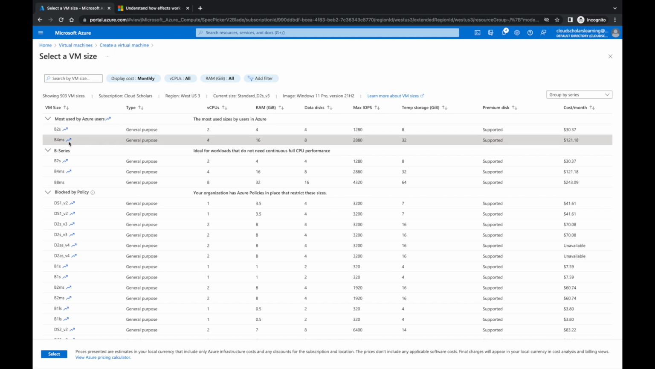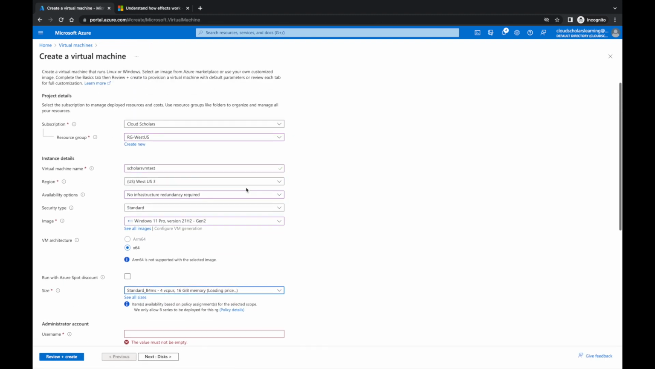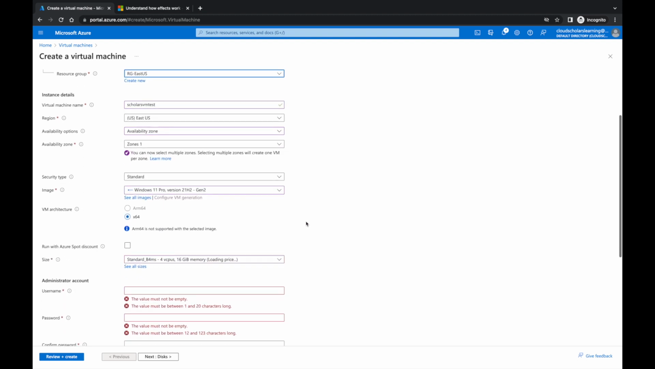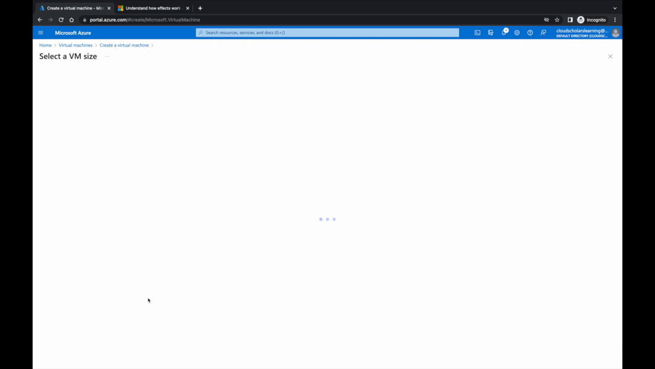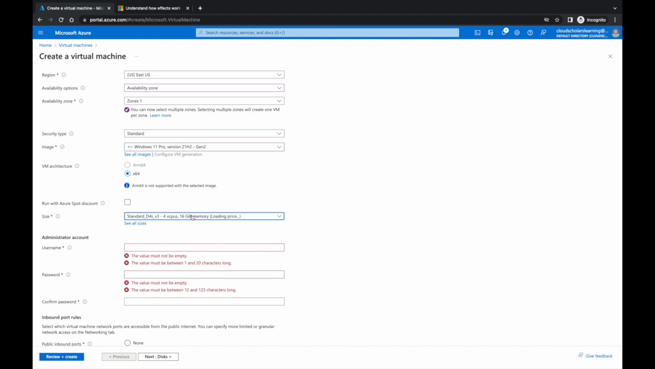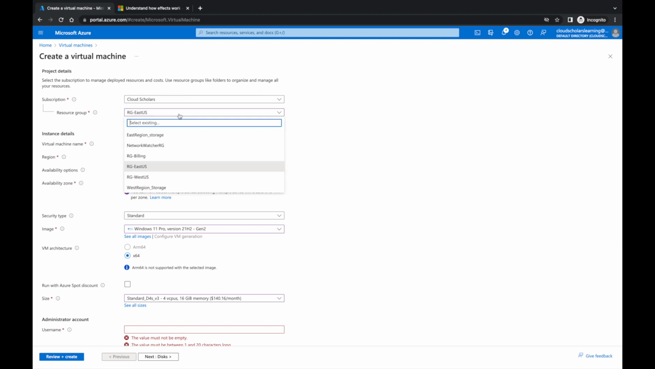So I'm going to go back here and click select. And I'm going to come back up here and change the resource group to RG East US. And I'm going to come back over here and say see all sizes. And I'm going to go D4 and see I can still select it. So, okay, let's go back. Let's see what happens if I go back to RG West